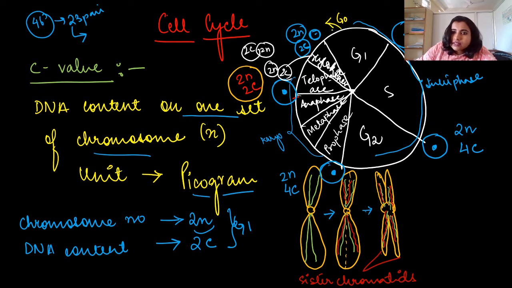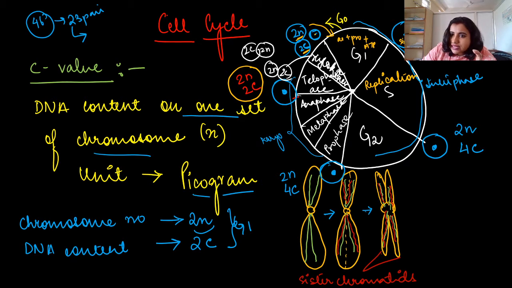Now, if you see, this is a cell, right? This cell is going to enter your cell cycle. When a cell is going to enter, its DNA is 2C, right? And chromosome number is 2N. Once it enters, we have seen that in G1 phase the cell makes everything ready for the S phase, because in S phase replication takes place. As it undergoes synthesis of amino acids, proteins and ATP, the size of the cell increases.